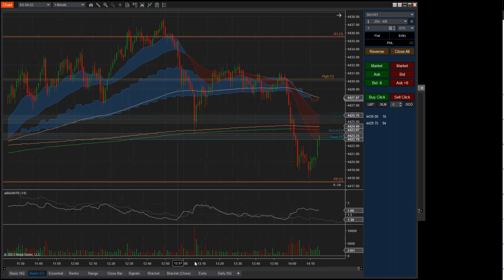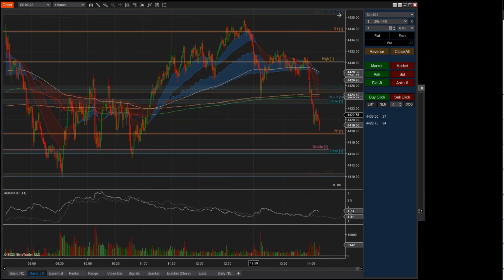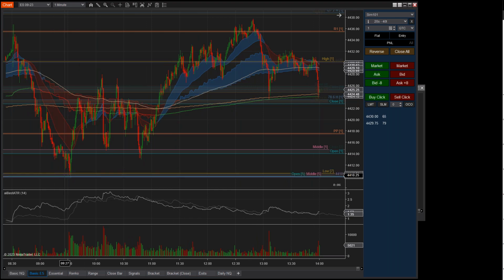I haven't looked at the ES yet today, so bear with me. I'm just going to zoom out here. Key levels caught the low down here. We had a whole slew of things from a whole number at 44.10, low, middle, and open. The pivot point was, I can see a low here, low here. The pivot point from yesterday was influential.